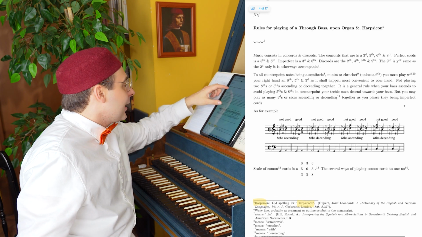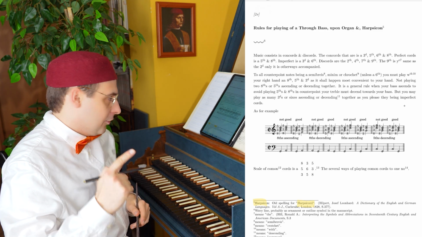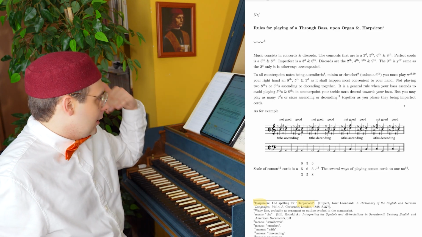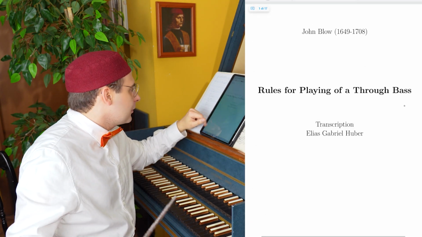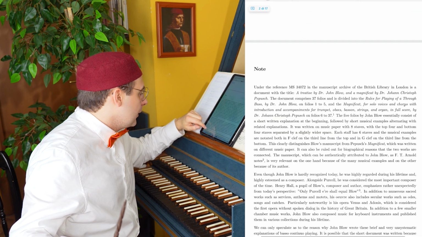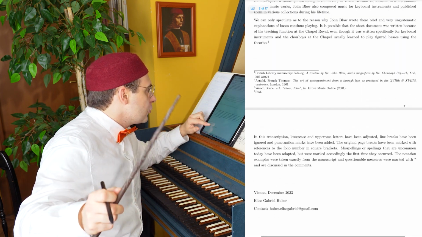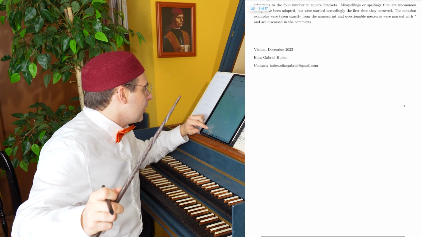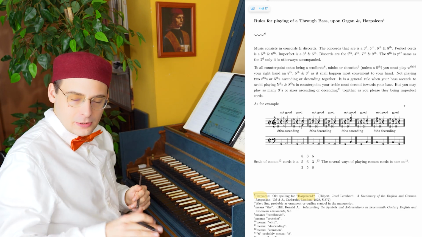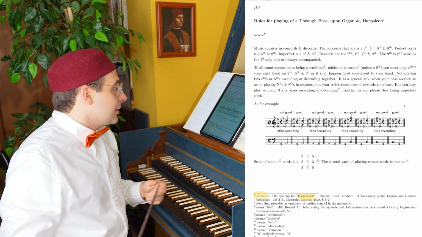Basically, music consists in concords and discords. So, as you can see, John Blow is saying this. So, what's the year of this treatise? Basically, the end of the 17th century, but this is a manuscript, so yeah. We should read better this, but no matter now. So, we are at the end of the 17th century, and John Blow is saying that music consists in discords,